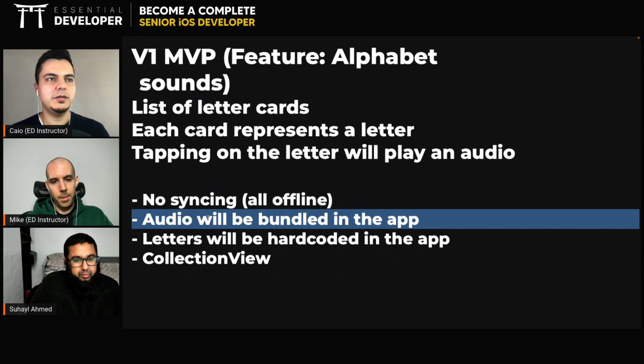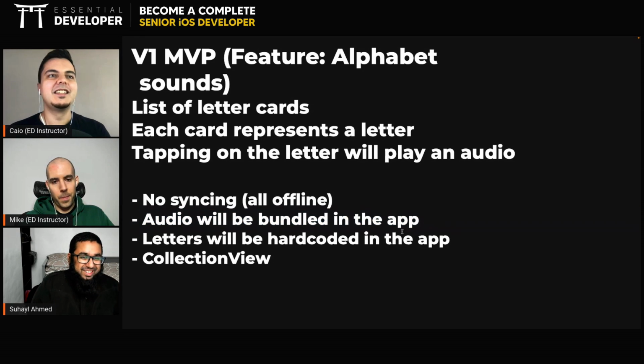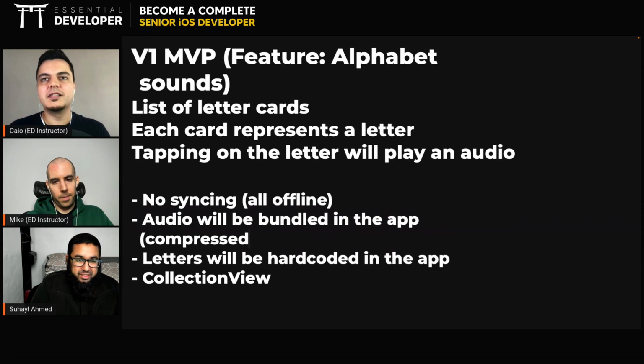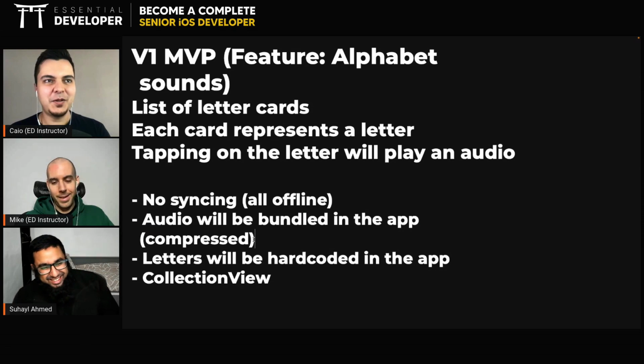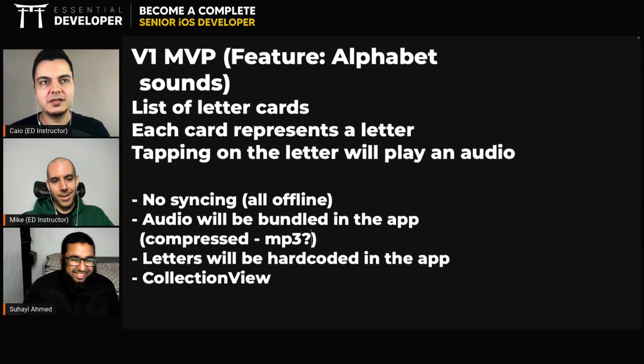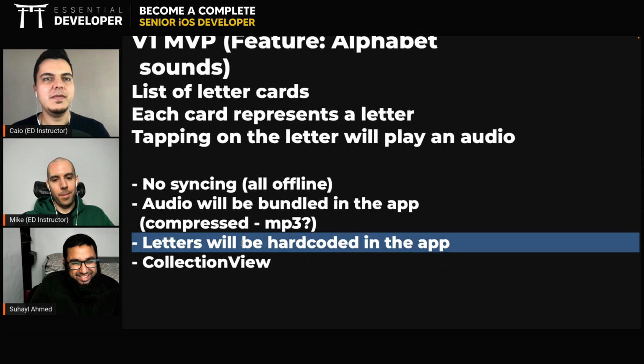Audio, do you have all these audio files? I recommend you compress them. Maybe MP3, check a lower quality that still keeps good quality, just so your app is not very large, because an audio file could be like 50 megabytes each. Wow. Yeah, with the audio, most likely I was just going to record myself. Yeah, compress it, maybe MP3. The letters, just create a list of letters in an array, or whatever makes sense.